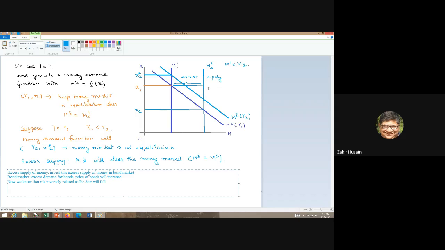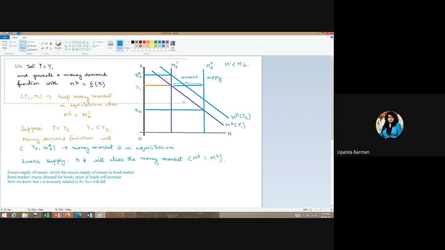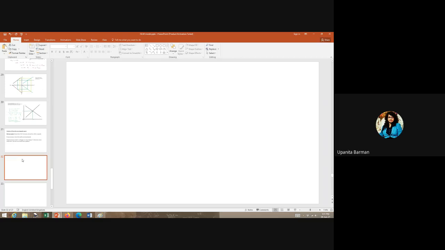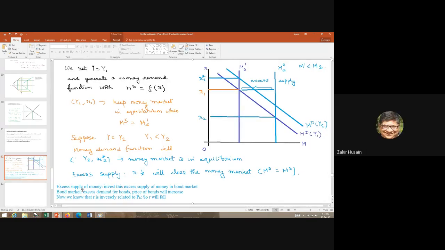Okay, and what will happen if the government decides to introduce a contractionary policy? So money supply is reduced. Interest rates will go up. Yeah, but again, what's the logic? People want more money, so they will sell off their bonds and invest less in bonds. There is excess supply in the bond market, therefore price will go down and the rate of interest will go up. Okay.